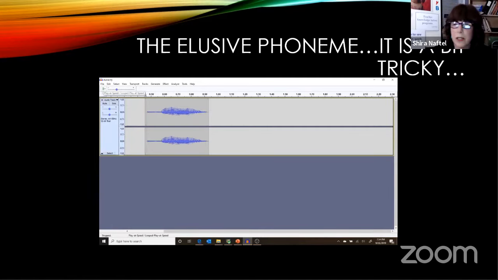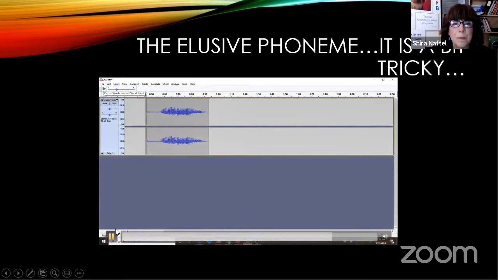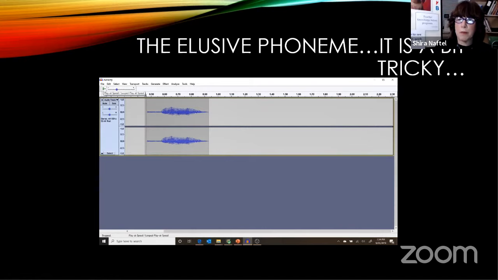A physiological abstraction. Because when we speak, we do not say c-a-t. We say cat. And I'm going to show you, the picture you see in front of you is the picture of me saying cat. And notice there are no white spaces there, which means that the phonemes collide one on top of the other. They co-articulate together. So that is what they do.